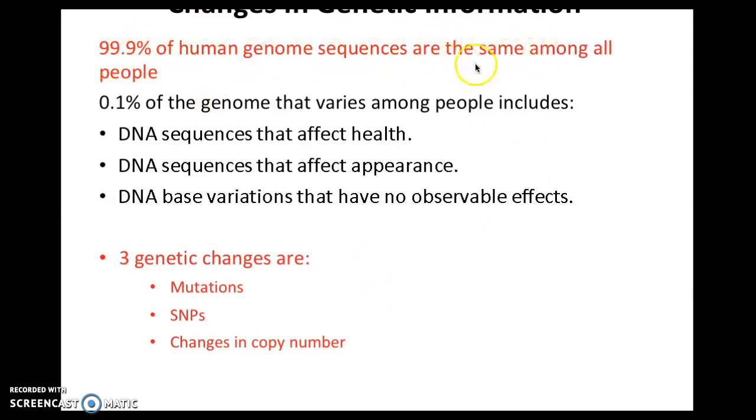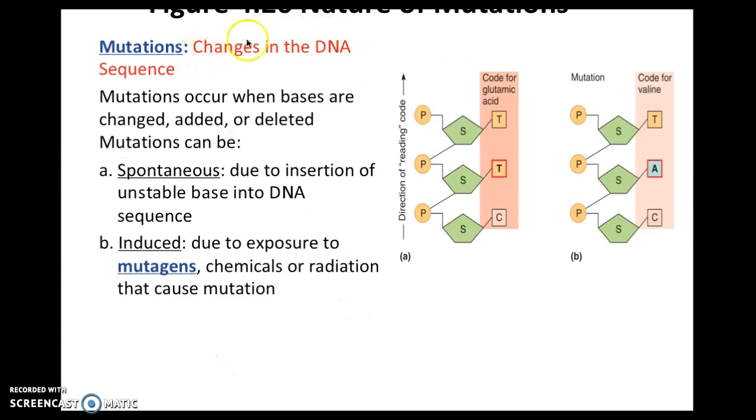99.9% of the human genome is the same among all people. We only vary in 0.1%. Three genetic changes are mutations, SNPs, and changes in copy number. And then what is a mutation? It's a change in the DNA sequence. Some are spontaneous and